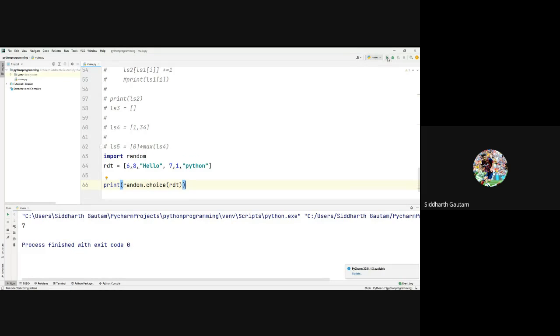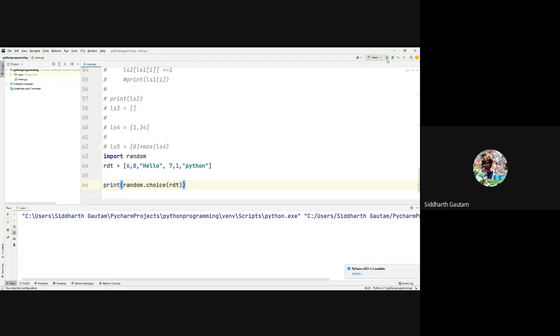Let's run this and we get the output Python. So this has randomly chosen Python as its output. If I run this again, will I still get Python or will I get something else? Anything from the list. I run this again, and this time I got 6.